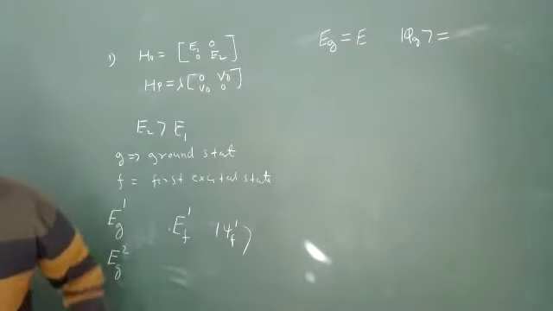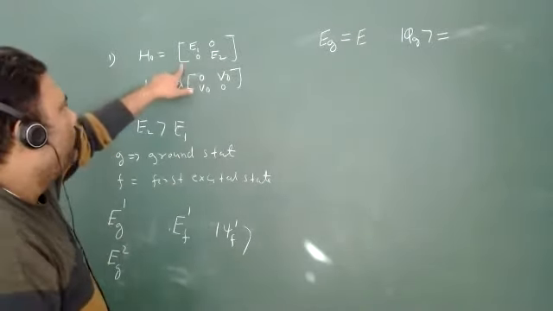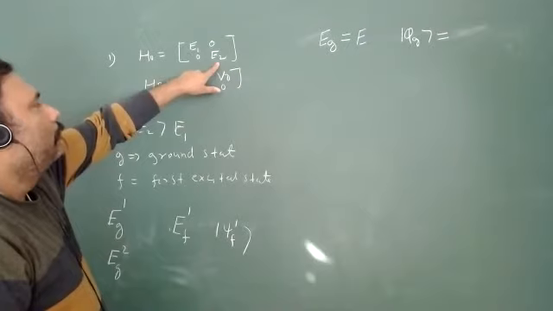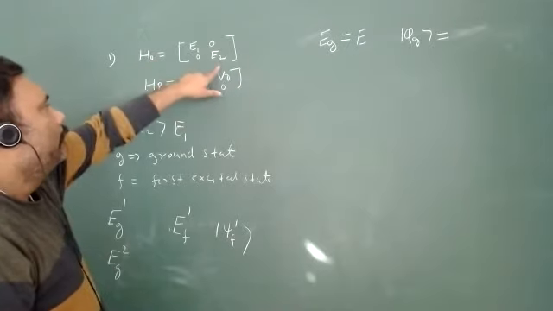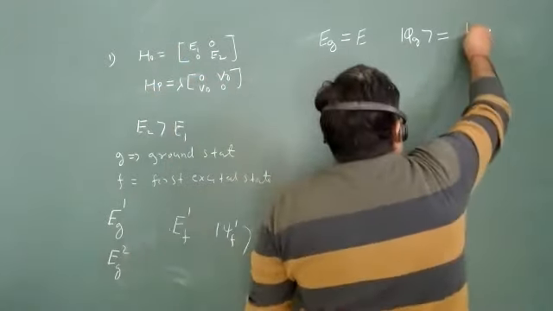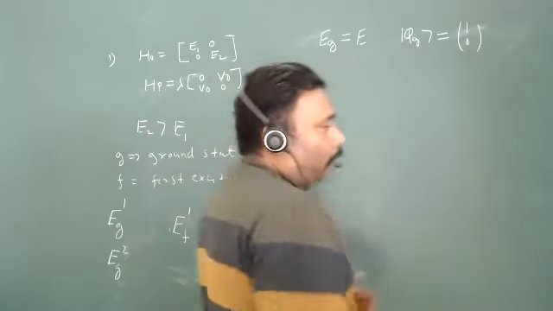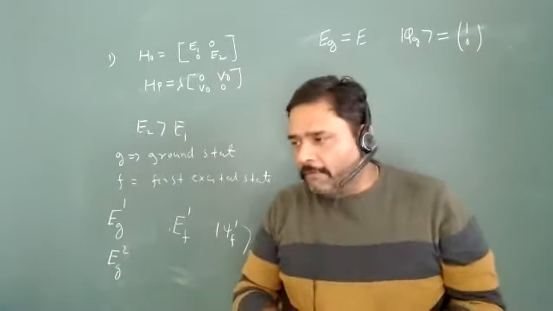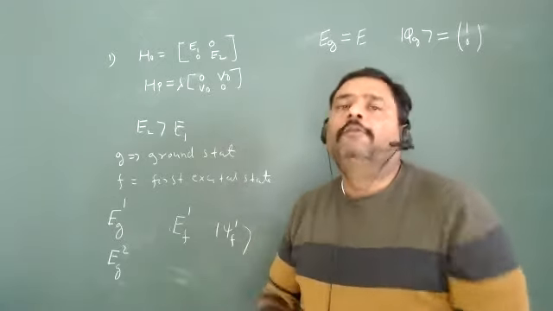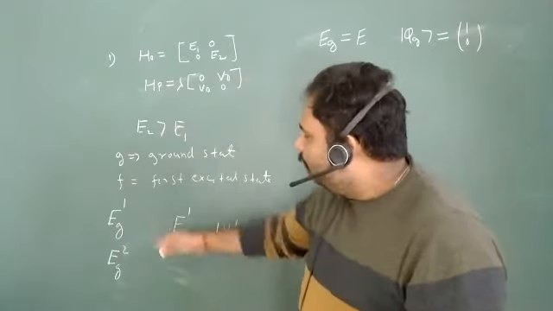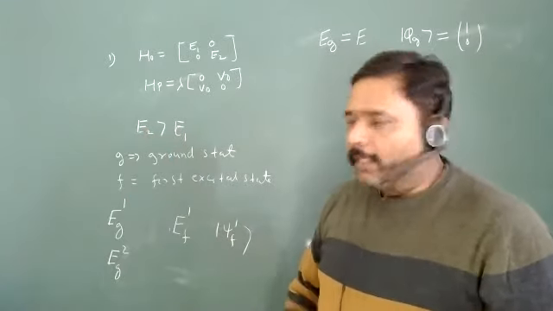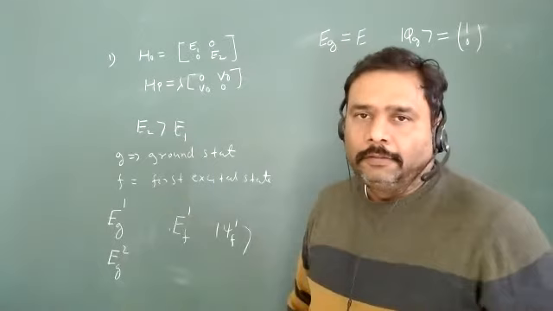1, 0, obviously. You have to calculate the eigenvalue and eigenvector from H0. And what is eigenvalue? E1 and E2. The eigenvalue corresponds of H0 is E1 and E2. And what is eigenvector corresponds to E1 is 1, 0. So I can write this thing is 1, 0. So first you have to identify what is your ground state, what is your first excited state, what is your second excited state. You have to identify, then you can use the formulation. So why deliberately I have given in terms of G, F, such that you can correlate each and everything. You cannot arbitrarily take any notation.